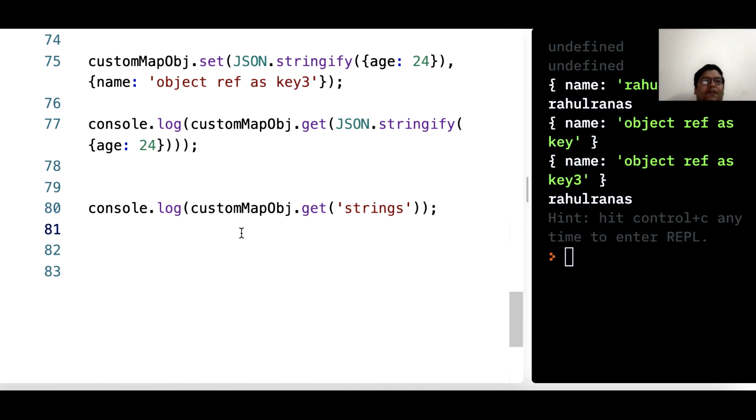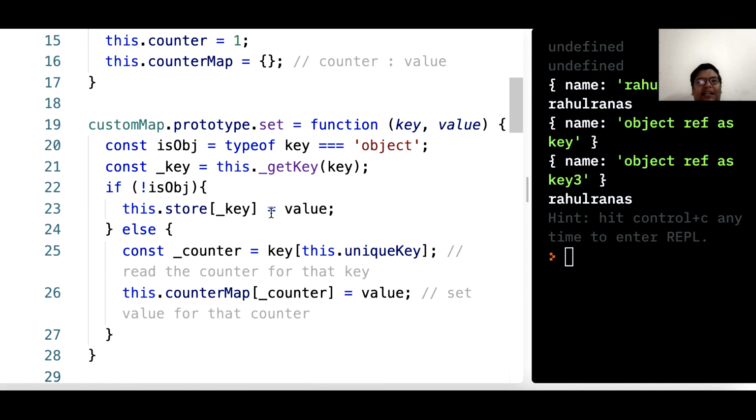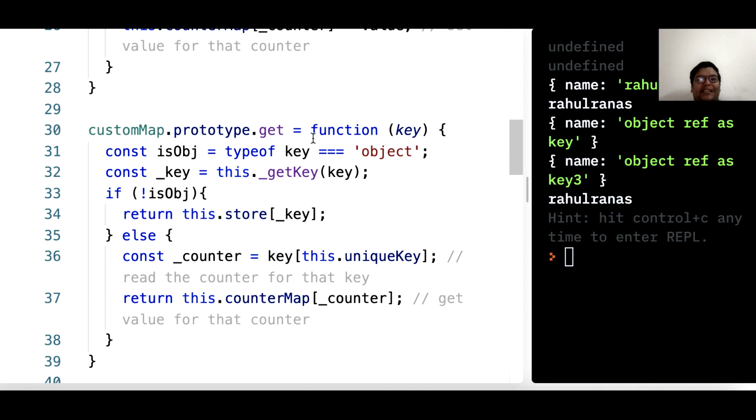If we observe, one of the important tricks here is using a symbol as a unique key. I'm not saying this is the only solution, there can be multiple solutions, but it's one solution which I found while I was reading and studying, tried to implement, and really liked. This is not a solution made by me, I just read it and went through the code. This is just a trick I learned, so I thought it would be good to share with everyone. So this is a unique key, and that's what we can set.